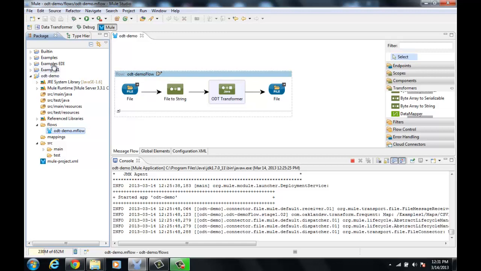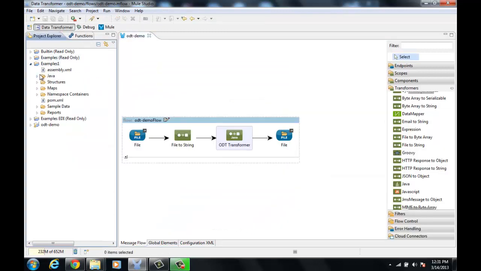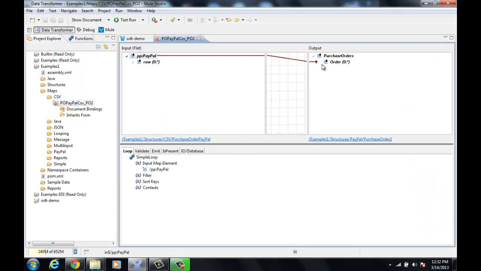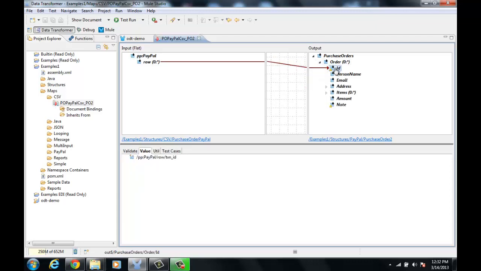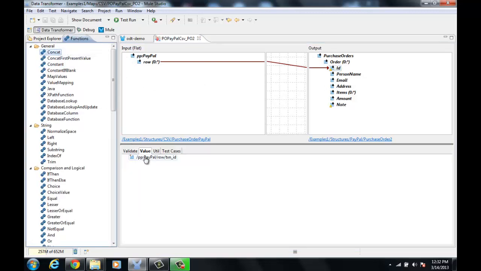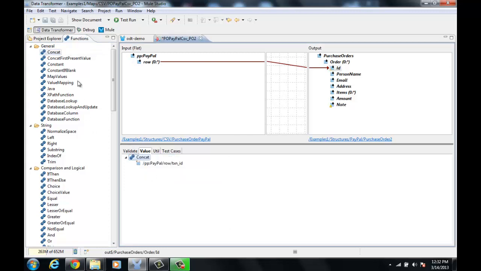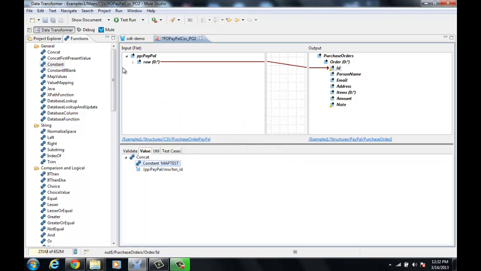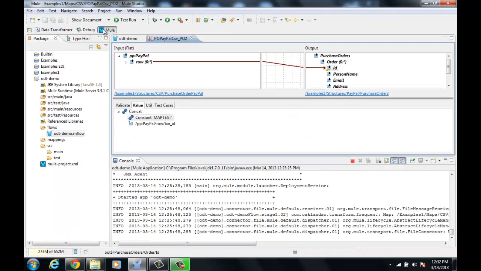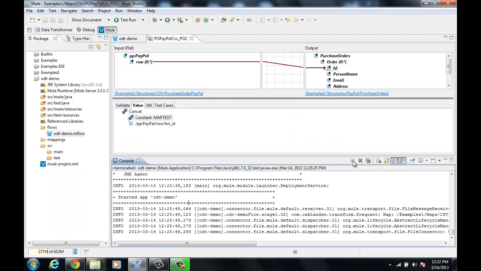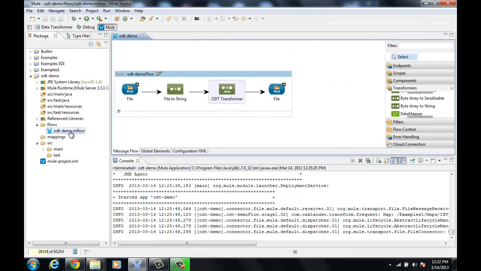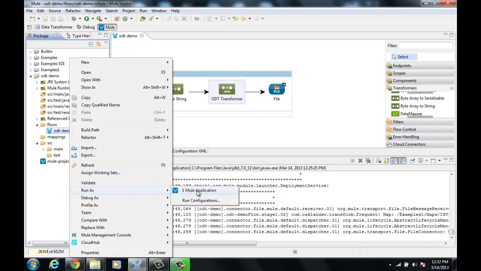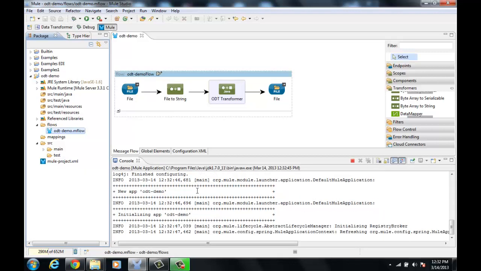And then, just to make sure that this actually works, what we'll do is change the map. So we'll go in and look at this map that we're running here, and we'll just make a small change to the ID element in the output here. We'll just put something in front of it. So we'll change to use a concatenation function, which we've pasted as the parent of this, and then we'll use a constant function here. And we'll say map test or something like that, and save this map. So now we'll go back to the Mule perspective, and we'll stop the Mule ESB. We don't need the map open anymore, and run the configuration again,